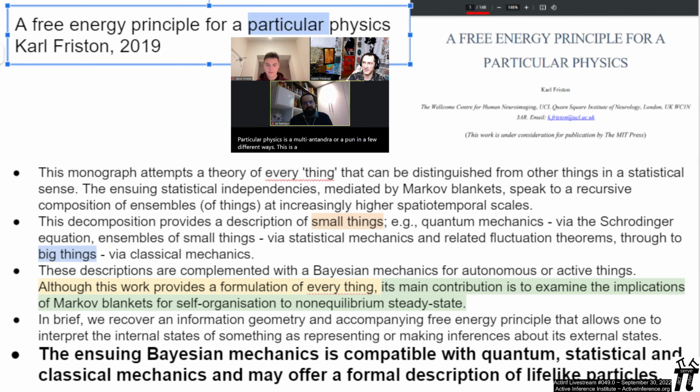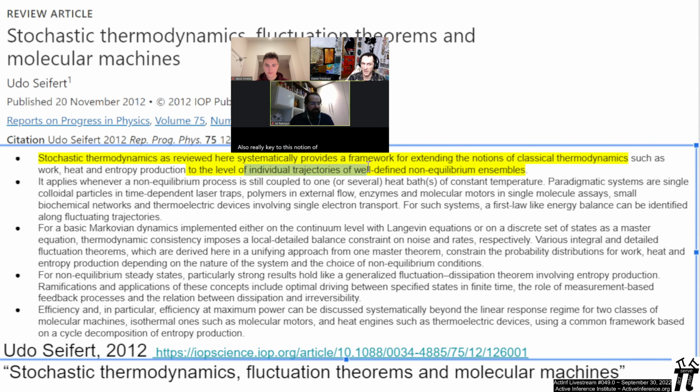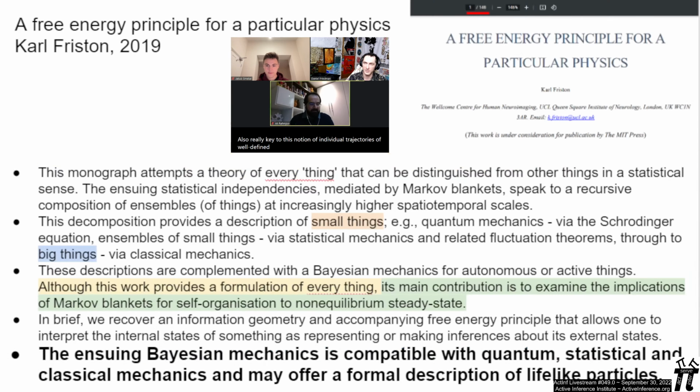This is a particular physics in the sense that because it's being specified, it's like a specified or a specific physics. Like any dinner that you make is a particular dinner in that sense. Also, really key to this notion of individual trajectories of well-defined non-equilibrium ensembles is the notion of the particle and the particular states. The particular states are referring to when we have a partition that uses the Markov blanket. So blanket states making internal and external states conditionally independent. We can then talk about the blanket and the internal states as the particular states, because they're like the particle